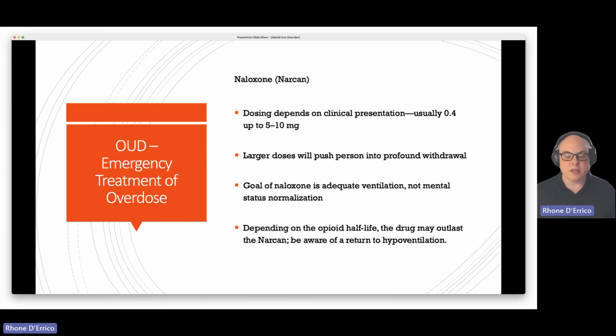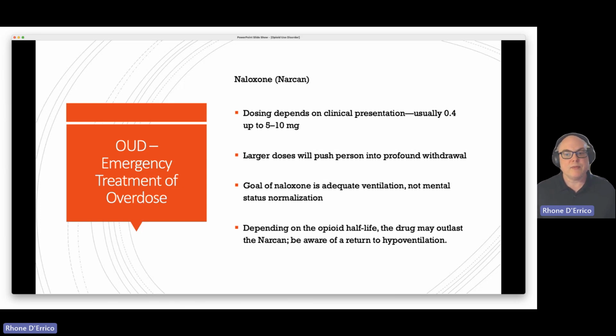We're not trying to give them Narcan because they're obtunded, they're comatose, they're out, whatever. You give it to them, you're not trying to get them to jump up and say hello. You just want them to suddenly start breathing on their own. That's what we're trying to reverse. Because if you go too far, you're going to knock them into a very unpleasant, very, very painful withdrawal symptom. Now, if it's saving their life immediately, yes, that's more important. But if we can titrate as we can in clinical settings, we really want to do that.